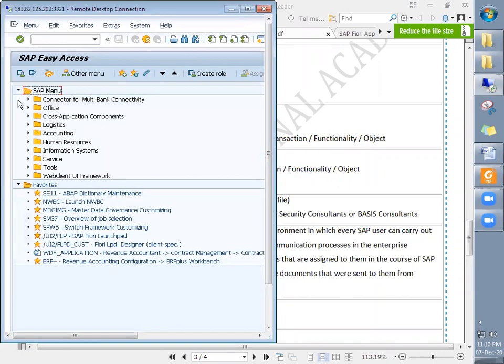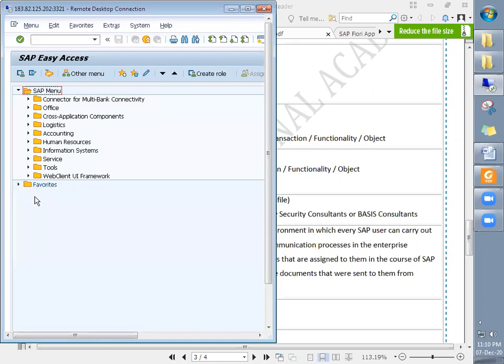Besides this, it is possible to have the favorite menu, like in our email accounts, where we create favorite folders and keep all our information in them. Similarly, here it is possible to create folders.